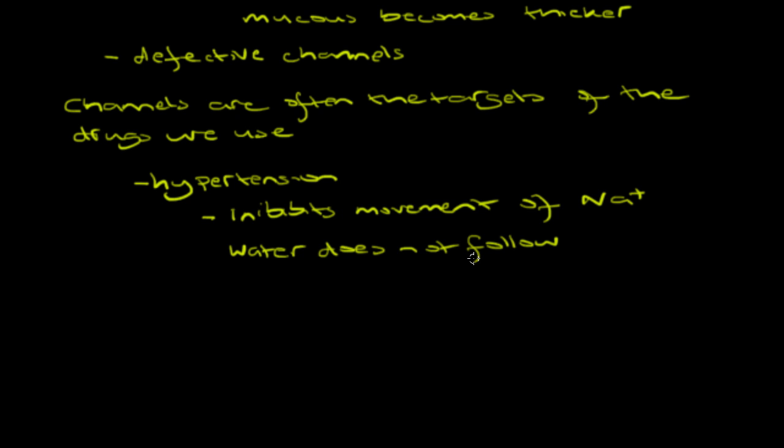So water can't follow the sodium, so they are both lost via the urine because the sodium's not reabsorbed, because we're interfering with the channel. So the volume of the extracellular fluid is reduced, and therefore the blood pressure falls. So the volume of the extracellular fluid goes down, and as a consequence so does the BP. So that's how diuretics work in hypertension, by inhibiting the movement, or some of the diuretics inhibiting the movement of